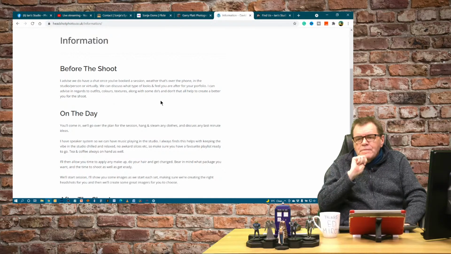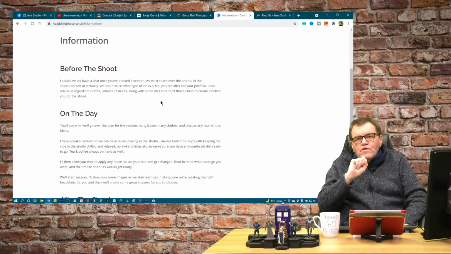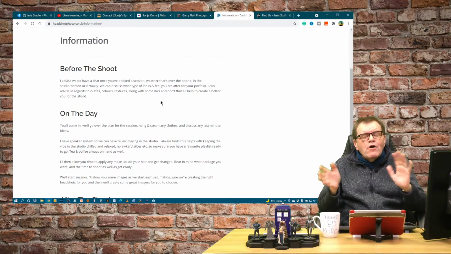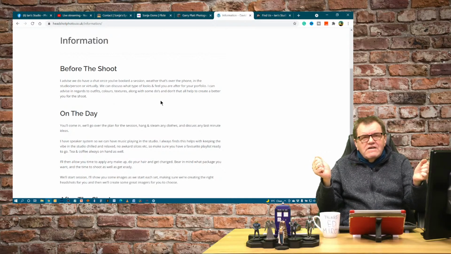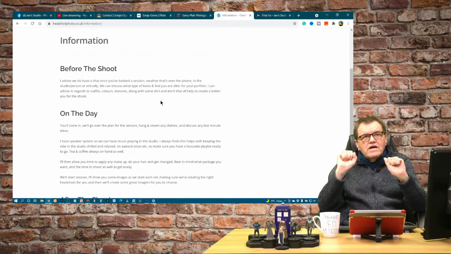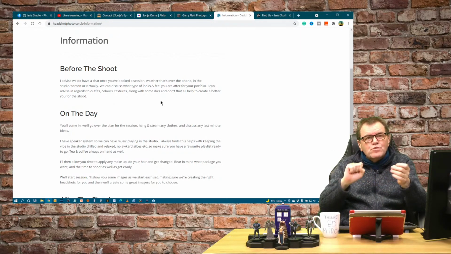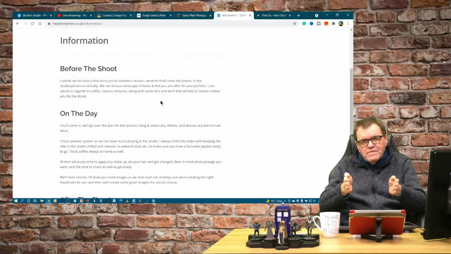For example, Spotlight, which is probably the leading directory for actors, what they're looking for is a selection of about half a dozen images. They're not interested in fancy costumes. They're looking for some neutral expressions, perhaps some smiley ones as well, but they are looking very much for images which are true representations. They don't want images to be photoshopped.